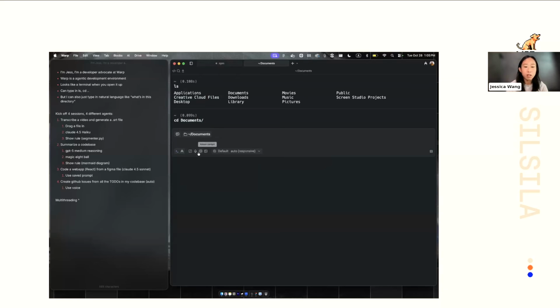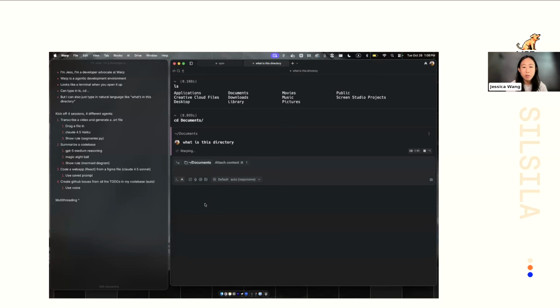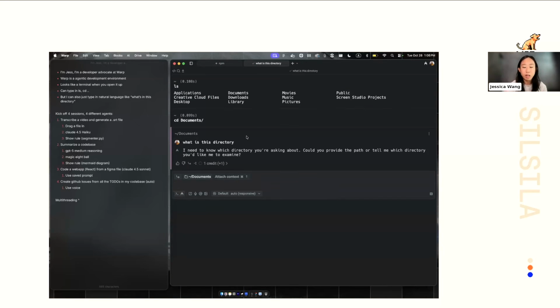I want to focus on the agentic part of Warp. Even though I can use it as a terminal, I can also type in something like, what is this directory? You can see that I didn't really have to do anything special. Warp actually detects that I was typing in natural language, and it kicks into its agentic mode, basically saying, hey, I recognize that this is an English or natural language query, and then triggering